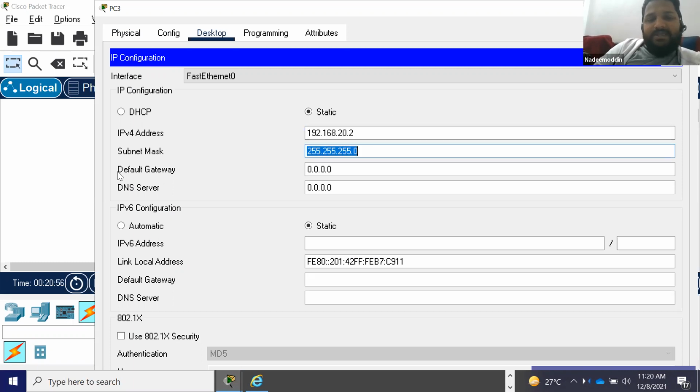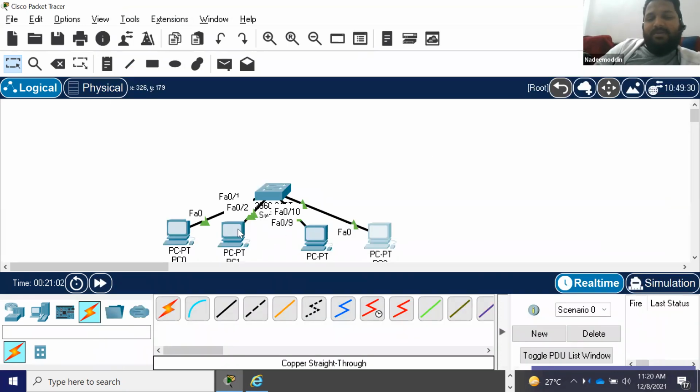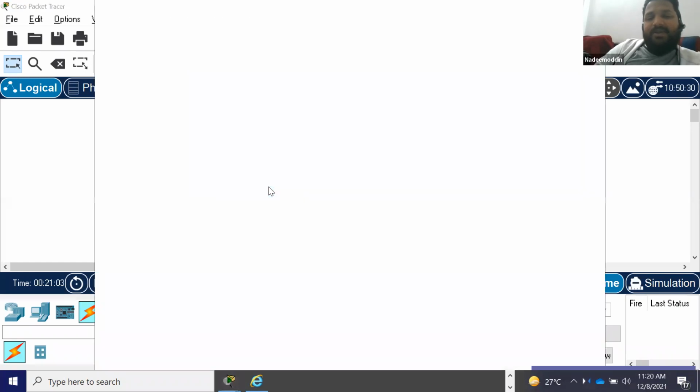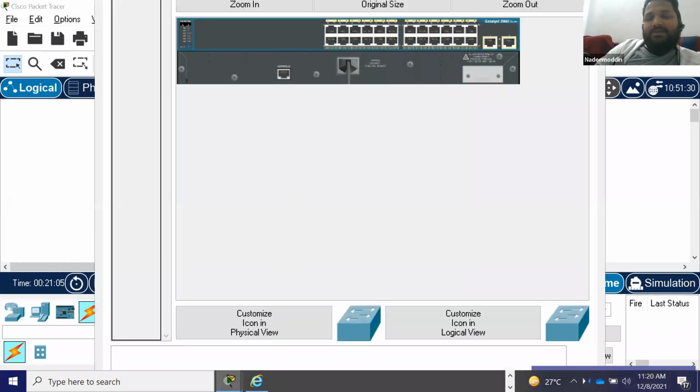And can you notice here there is something called default gateway. So we are going to touch this after this. So now see here, I created machines and also let me create VLANs on the switch.